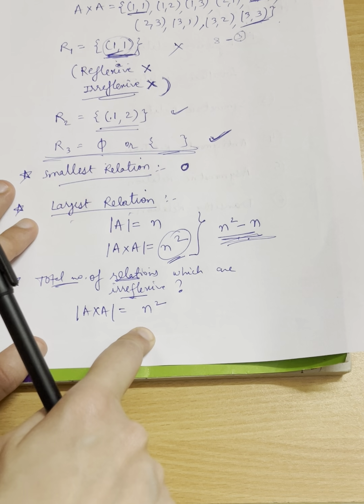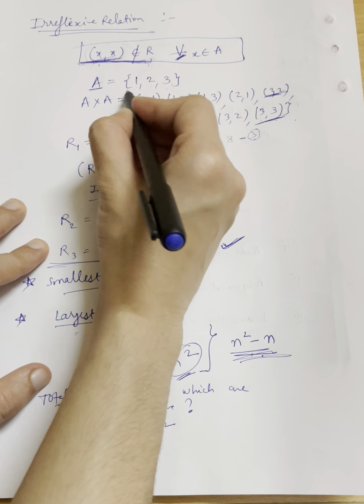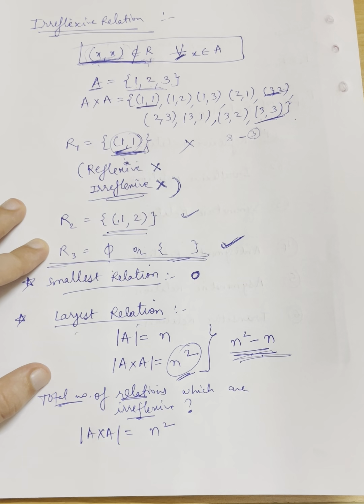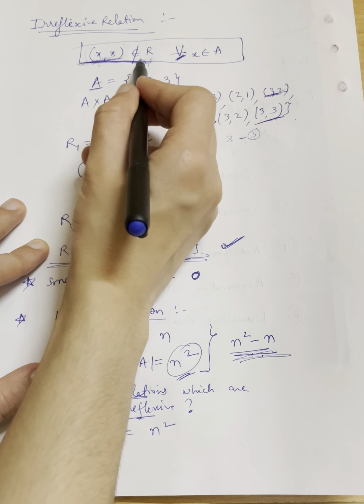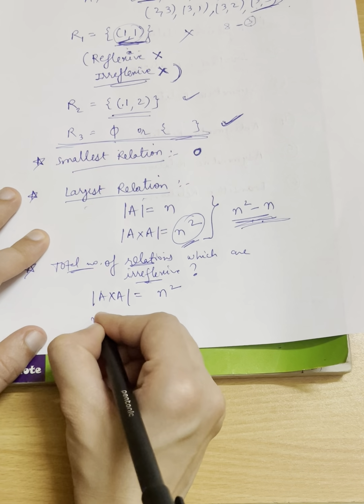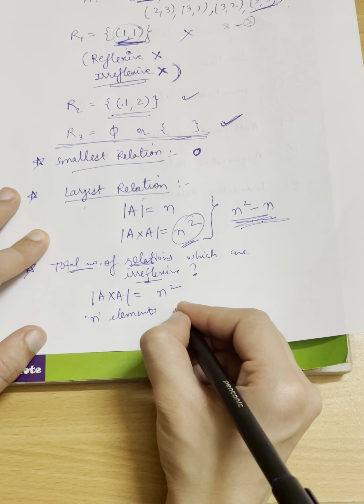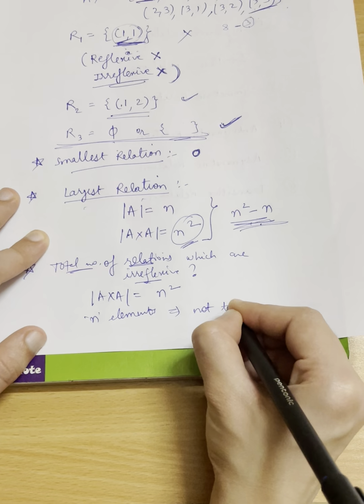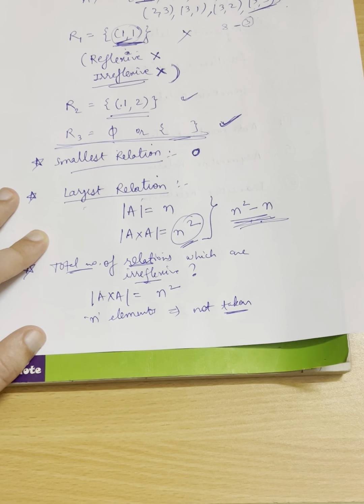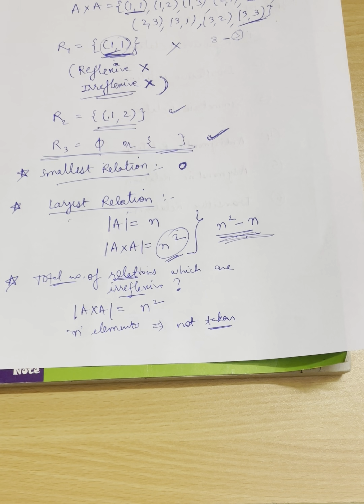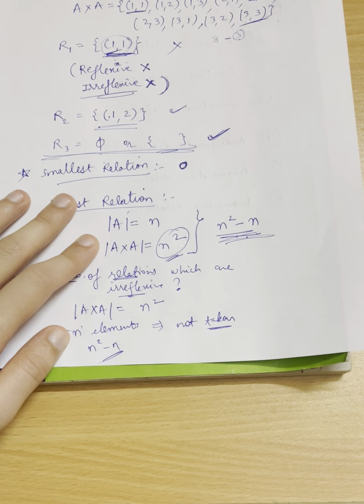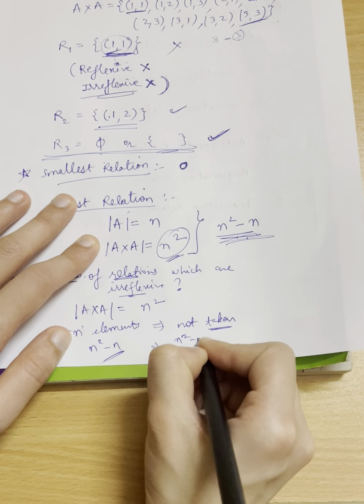From n square, these n elements 1 1, 2 2, 3 3, we surely should not take them, those should not belong to R. So from n square, n elements will be those which we have not taken. The possibility is 1, that these should never be taken, meaning in any relation these n elements should never come. Okay, the remaining ones, n square minus n, same scenario, they have the possibility whether it comes or not. So 2 power n square minus n.